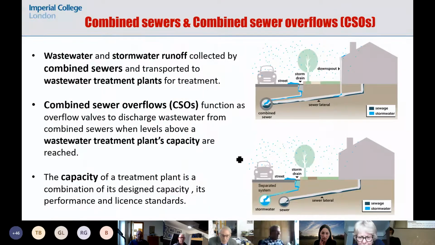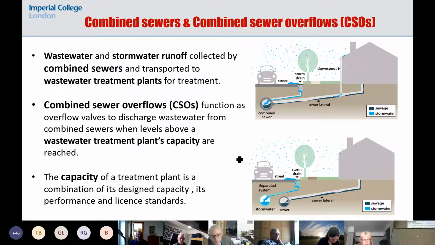To understand how this works, wastewater and storm water runoff are collected in combined sewers, which is mostly what we have in England, and they are directed to wastewater treatment plants. The other option is separate sewers, and I think there could be some misunderstanding here. They don't have to be better, right? If stormwater is collected but not treated, that's also a significant source of pollution. If you have enough capacity, at least by combining the two in the same network, you can treat before you discharge, right? So there are different problems.